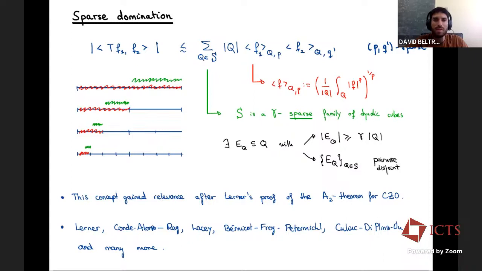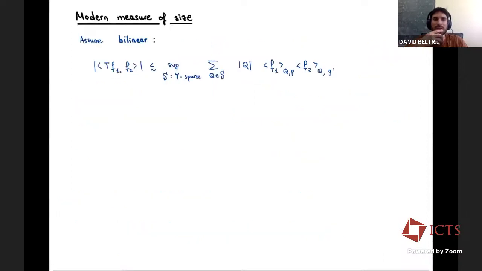So, what is this inequality really telling us? This is a modern measure of size, or a refined measure of size, when compared to the usual Lebesgue space estimates. So let's see what we can do with it. Once we have this inequality,